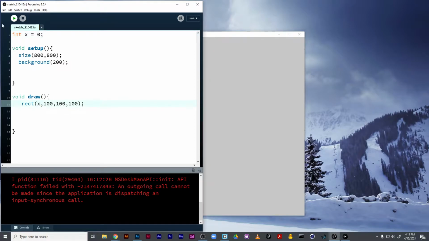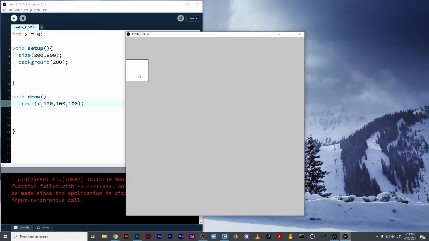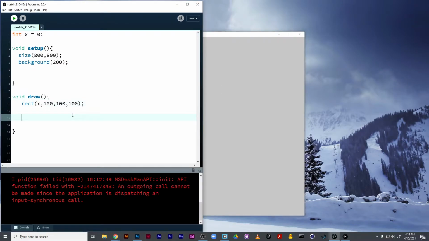I'm going to put it here, and when I run this, it's going to be stuck on the side of the screen. But say I want this to move, or I want this to have some motion to it. I can update the value of x. So x is now going to be equal to x plus 1. So each time this runs, it's going to be equal to x plus the value of whatever it was in